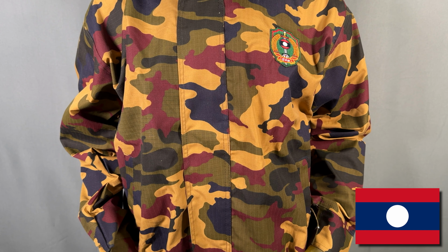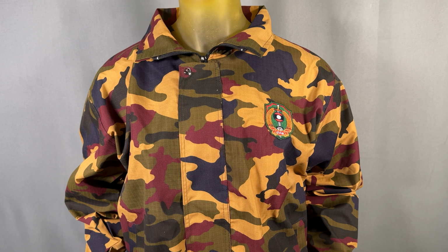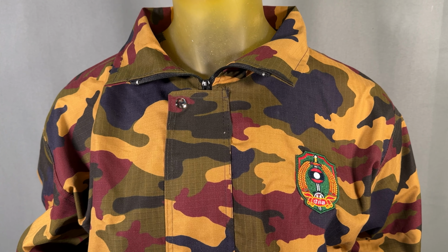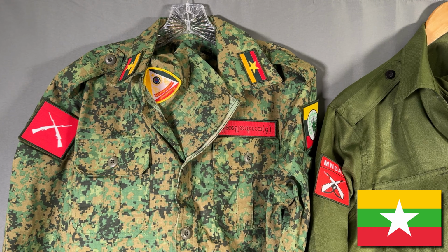Moving on though is this rather peculiar pattern out of Laos, worn by certain police units. The pattern is pretty stark, seeing more rusty colors, and though it may not pick up that well on camera, the black splotches are actually a very dark blue, making it all that much more unique and fun to look at. And finally, moving west from Laos, we come into Myanmar with these 3 sets, all of which are actually